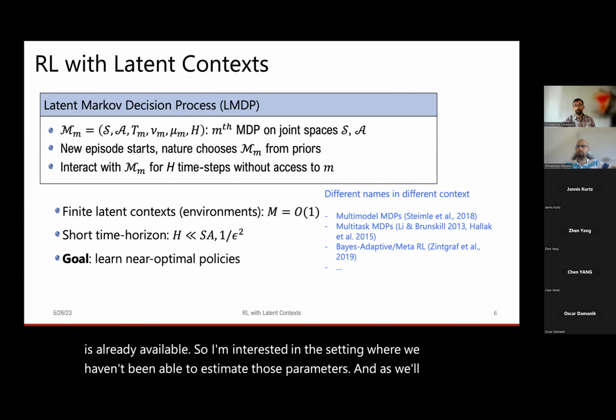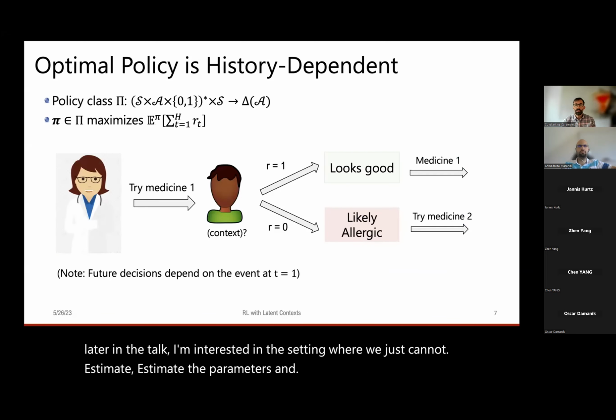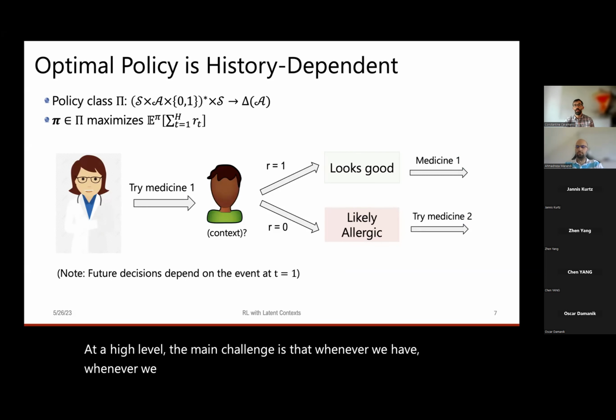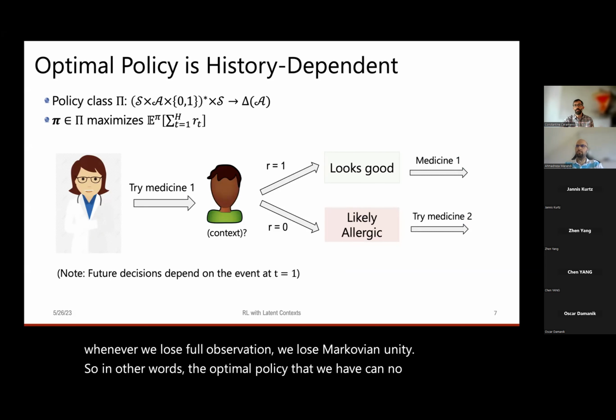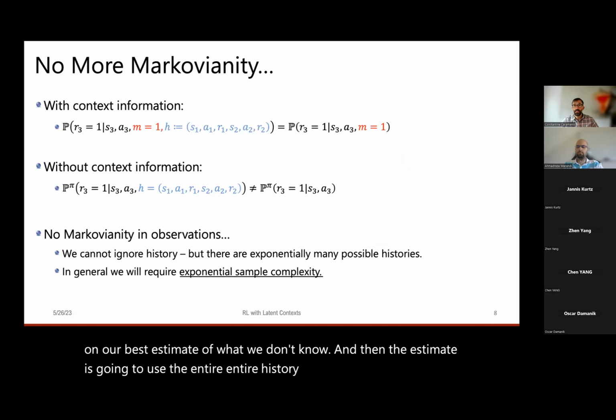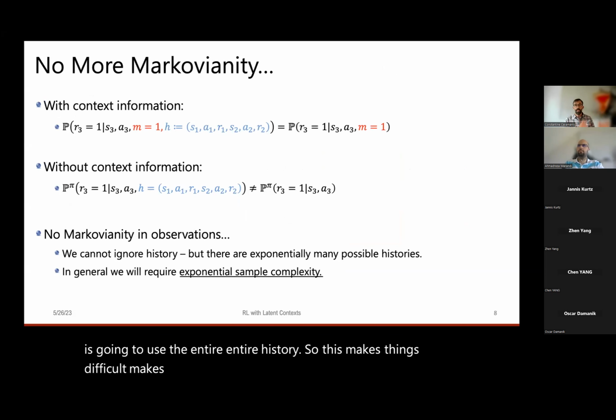And okay, so what's the main challenge? At a high level, the main challenge is that whenever we lose full observation, we lose Markovianity. So in other words, the optimal policy can no longer just depend on the state that we see. It's also going to depend on our best estimate of what we don't know, and that estimate is going to use the entire history. So this makes things difficult from a computational standpoint, but as far as I'm concerned, again, I'll be focused on sample